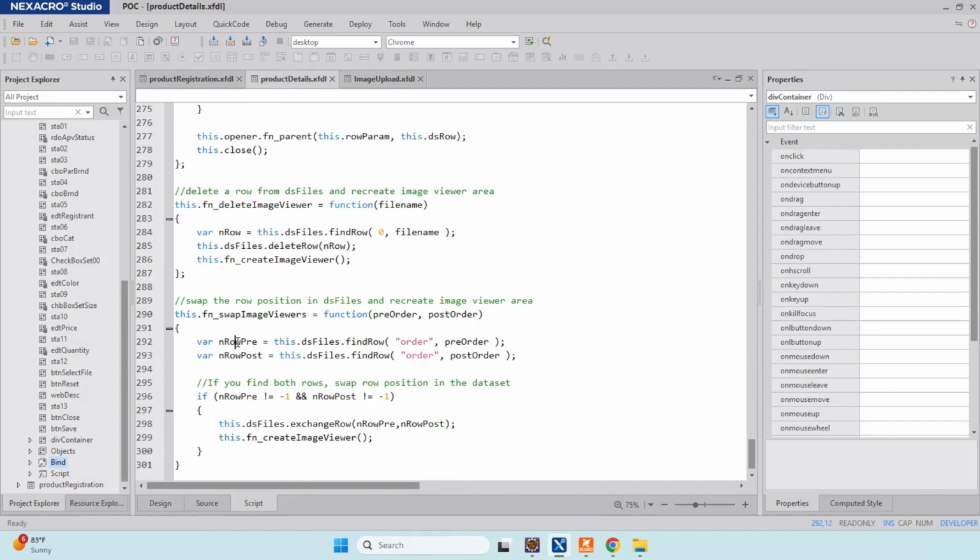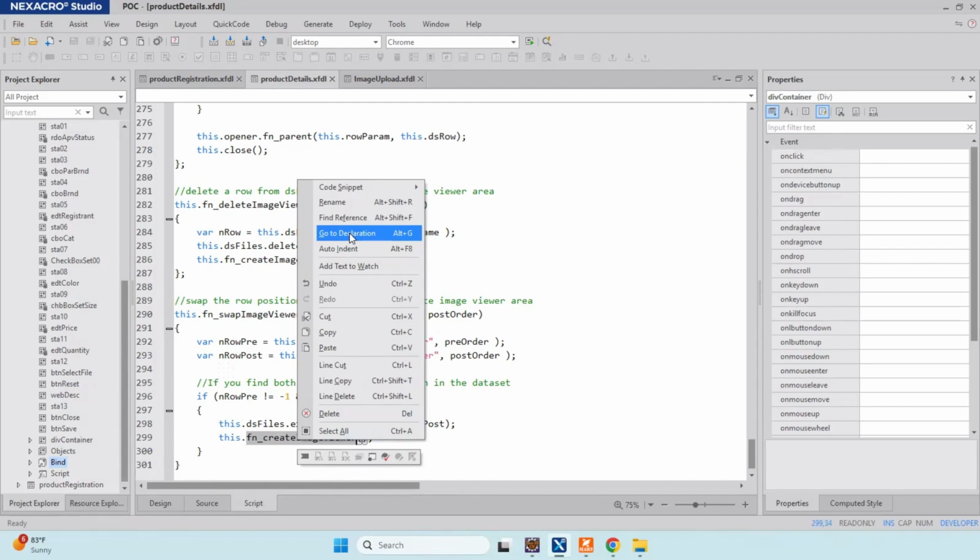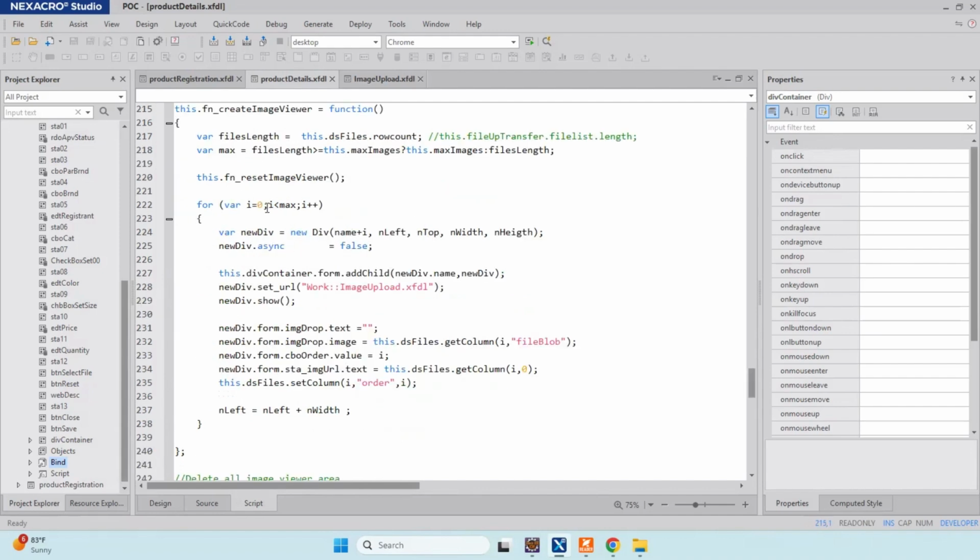We can find the row in the DS files for the pre-position and the row for the post position. DS files has an exchange row method which can swap the pre and post row numbers. So now our DS files has the exchanged rows. We create the image viewer again. So it will create the image from the DS files.